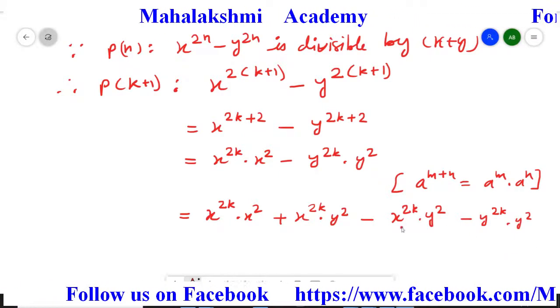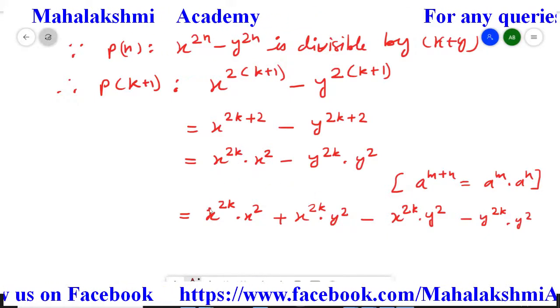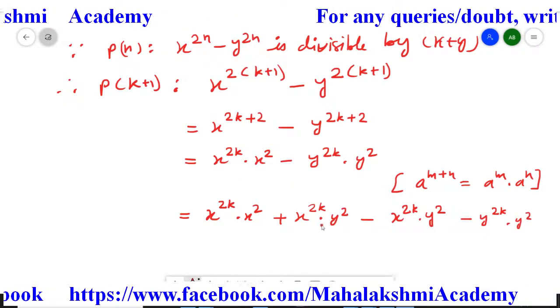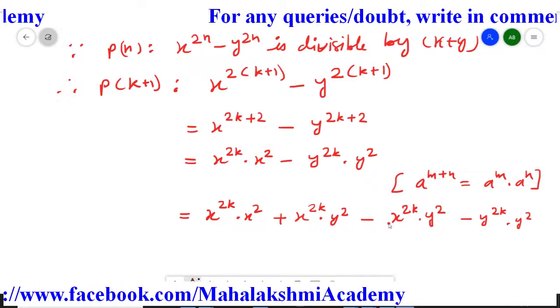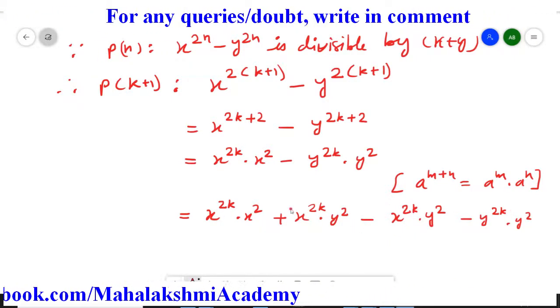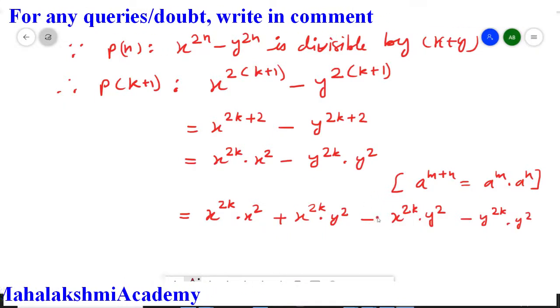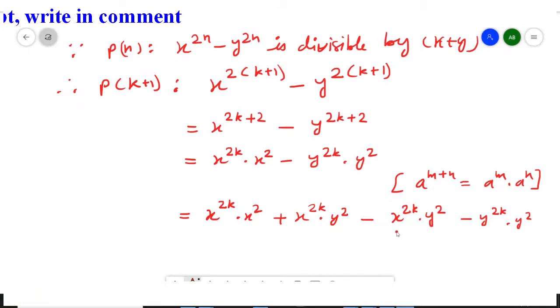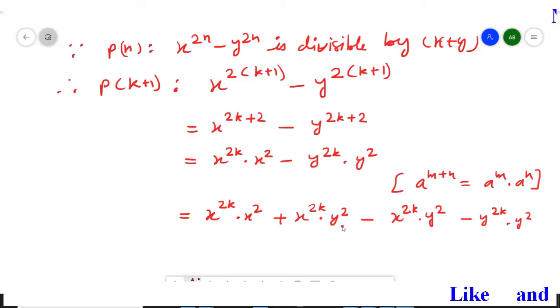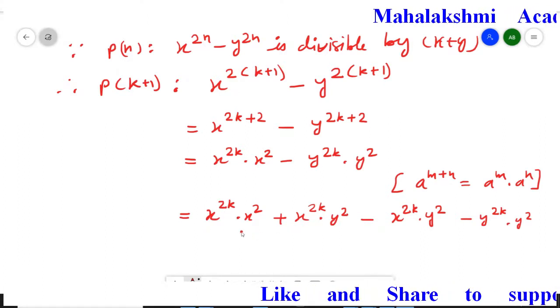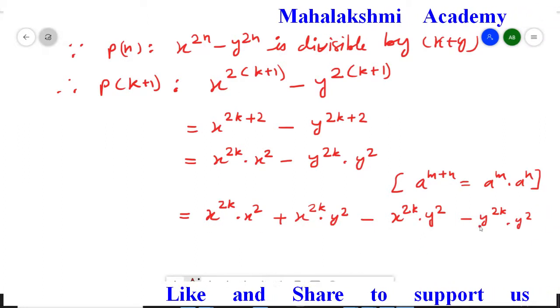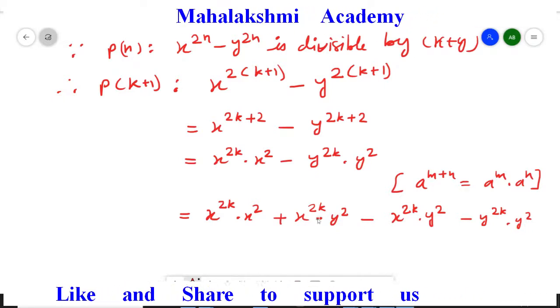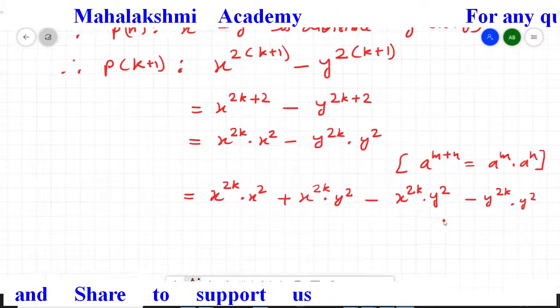So what we had done is, this first term I wrote here and the last term I wrote here. In the middle I added the same term and the same term I subtracted so that the equation remains balanced, because these two become 0. So the equation is not new, only we introduced two extra terms, one with a positive symbol and the second with a negative symbol. So you have to create this, and how to create I already gave you the hint. From the first term take the first one, and from the last one we just take the last, that is y square. Write them in the product. So like this you have to create it.